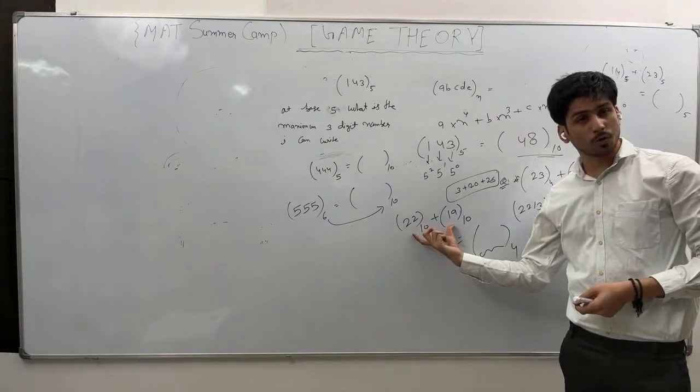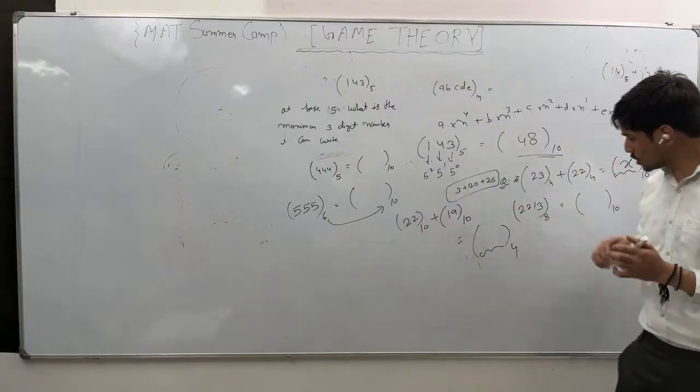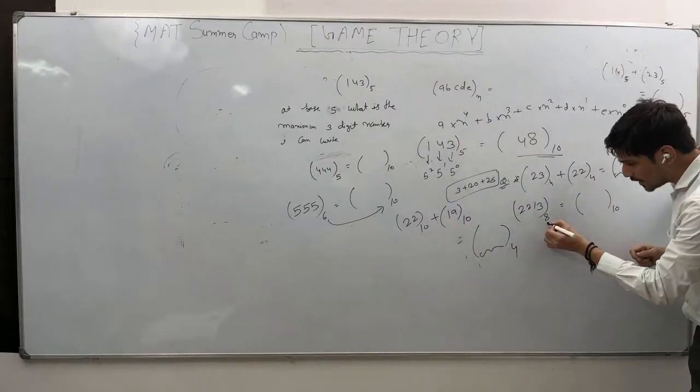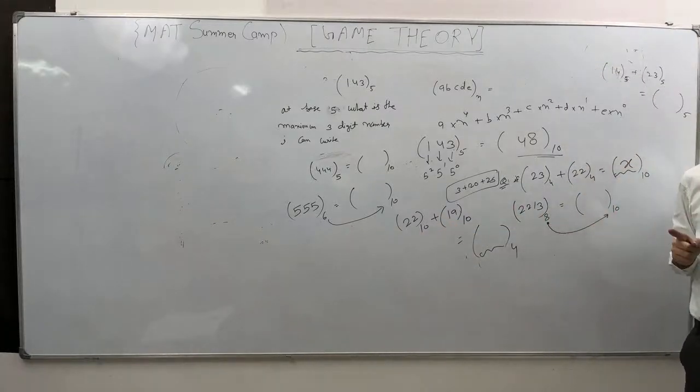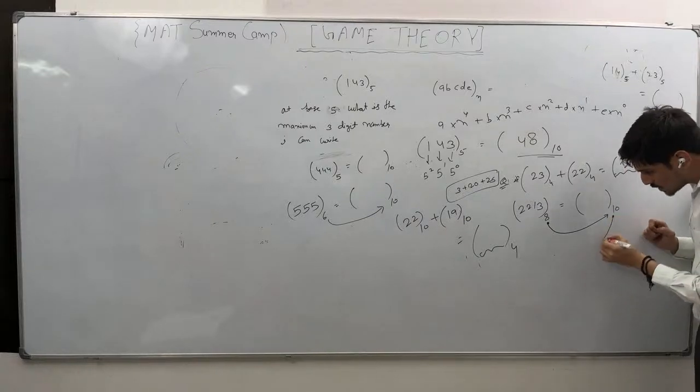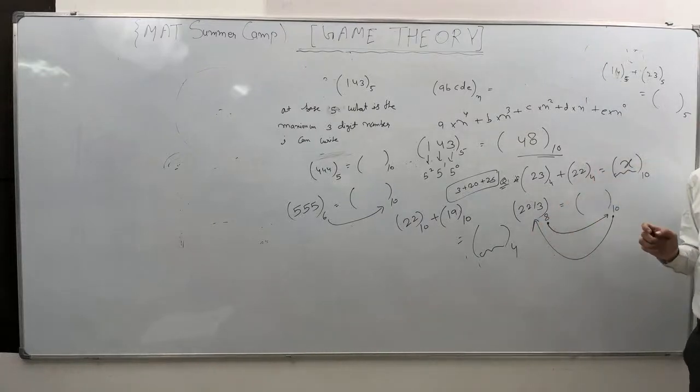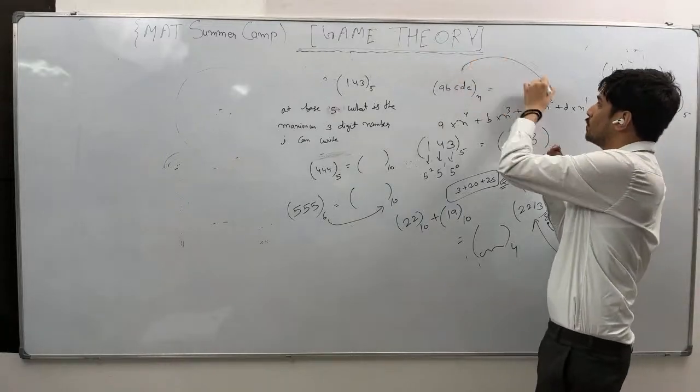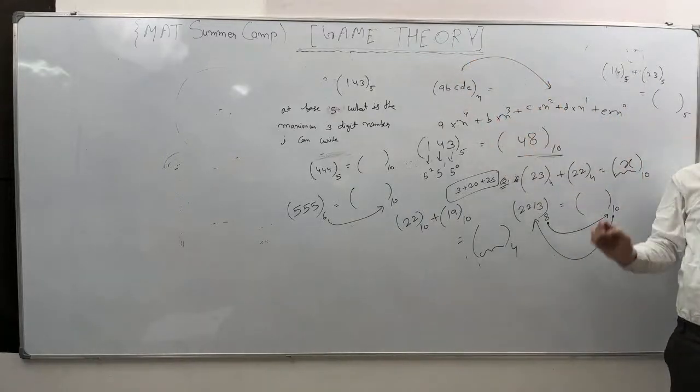The thing is, first of all, you have to add. If you add those numbers, any base that is given, you have to convert into base 10. First step. Next step, if base 10 is given, how will you convert into base n? So left to right is clear, right? If base n is given, likewise you can convert into base 10.